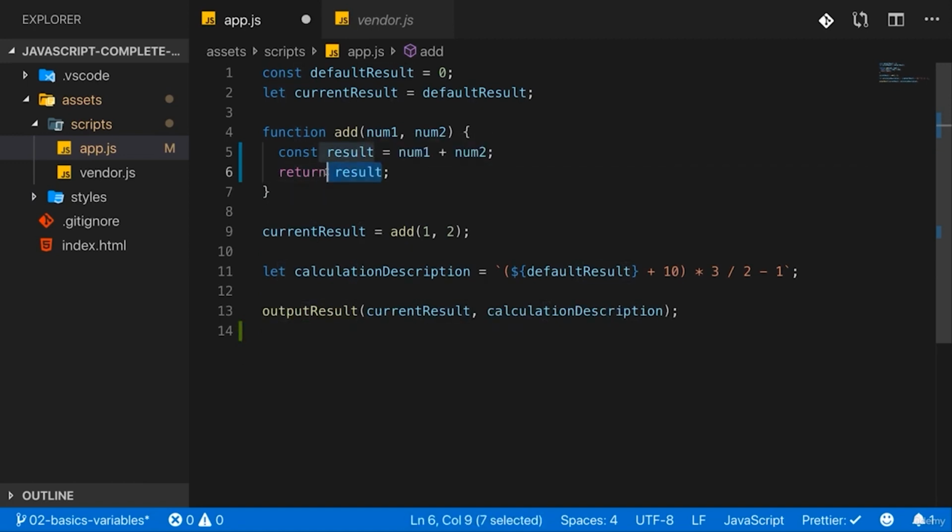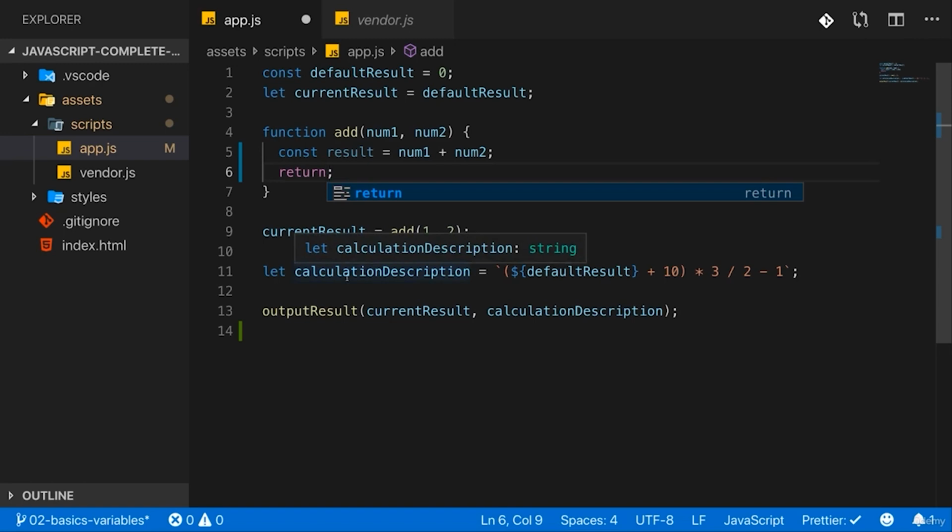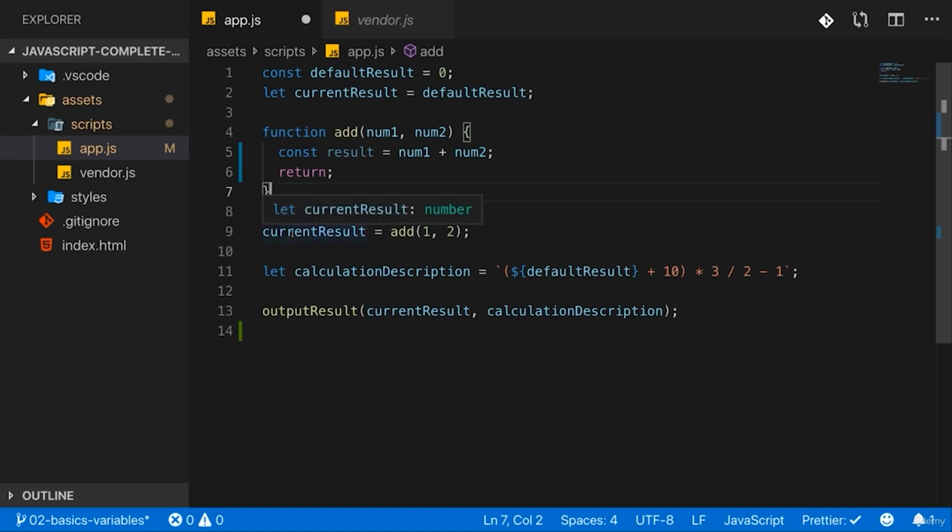You, by the way, also can return nothing. You might wonder why you might want to do that. For this function, it makes absolutely no sense, but you will later encounter scenarios where a function does something. Let's say it does some calculation and then sends that with a HTTP request to some server to store it